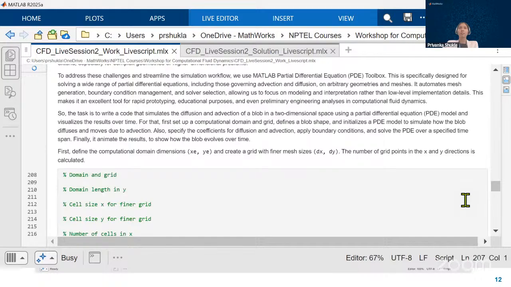This toolbox is specifically designed for solving a wide range of partial differential equations, including those governing advection and diffusion on arbitrary geometries and meshes. It automates mesh generation, boundary conditions, and solver selection, allowing us to focus on modeling and interpretation rather than the